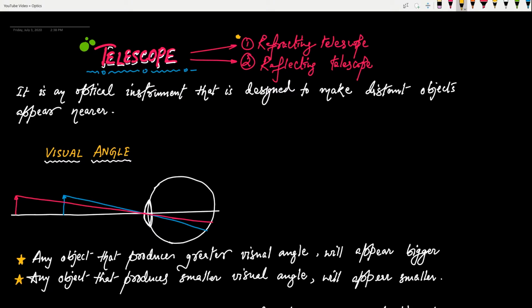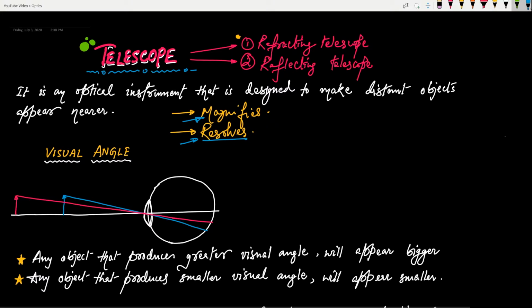So let me write it down for you. Telescope does two things. Number one, it magnifies. It not only magnifies but also resolves. Now the concept of magnification you already know. What does resolving actually mean? Now the concept of resolving is explained in the next chapter, that is wave optics, very clearly at the end of the chapter. So this is the concept related to that chapter, but since I'm explaining telescope, I will explain a little bit of resolving in an easy way